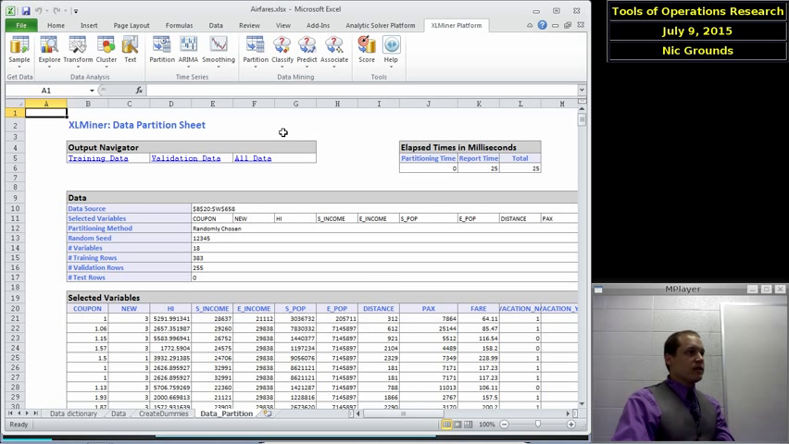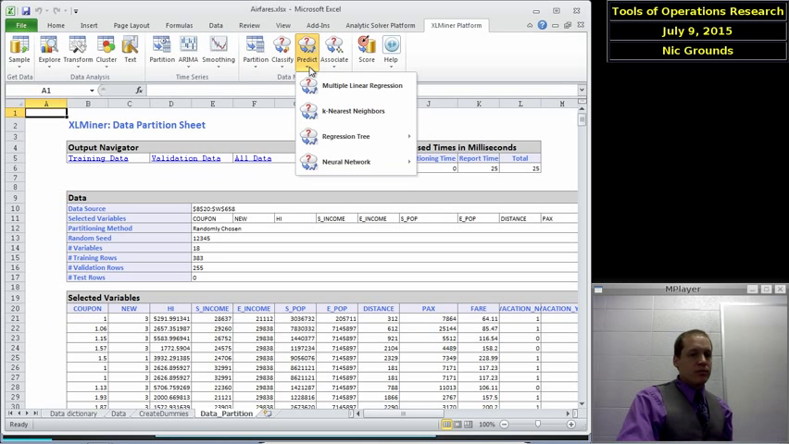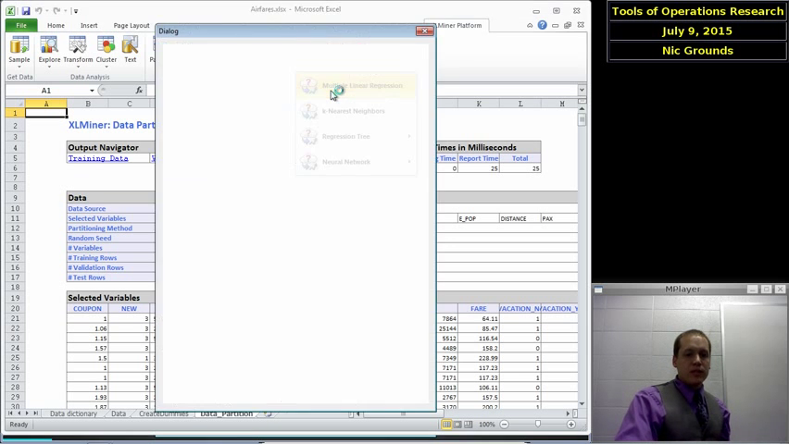Now I can actually run or execute one of these data mining algorithms. Again, we're going to do a prediction algorithm, not classification, because what we want to do is predict airfare, which is numeric. So we'll use multiple linear regression to start with. Okay, so that's a prediction algorithm,